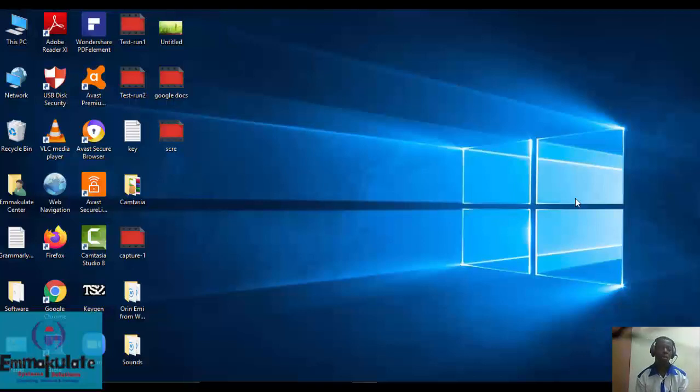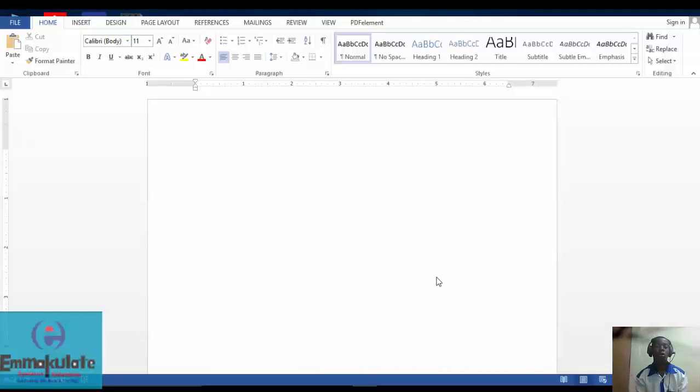Okay, I repeat, what is Google Docs? If somebody may ask you, I will say Google Docs is a replica, or let me say Google's version of Microsoft Word. Right with me on my interface, you can see the interface of Microsoft Word. Which means everything you can use your Microsoft Word to do, you can also use your Google Docs to do it. But there's a slight difference between your Google Docs and your Microsoft Word, and the only difference